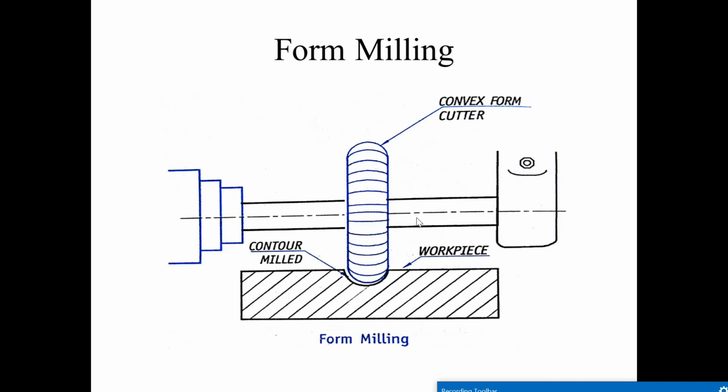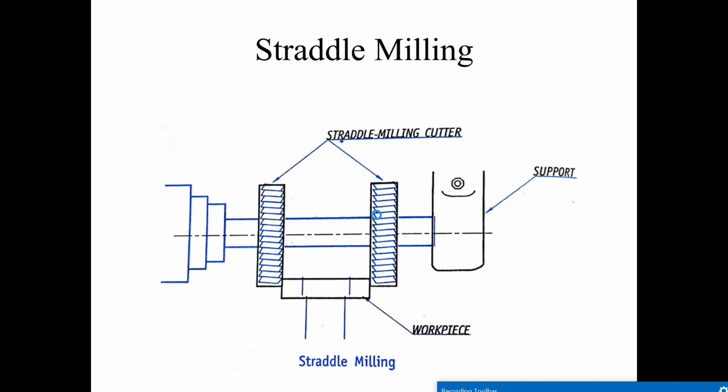Form milling is generally used for specific forms such as semicircular profiles, hemispherical cavities, and concave or convex slots on the workpieces. This is carried out by using a form milling cutter or end milling cutter with the specific form on it. This process is illustrated in the figure. We can use it in this operation to produce different hemispherical cavities, concave or convex slots on the workpieces. So this is about the form milling operation.